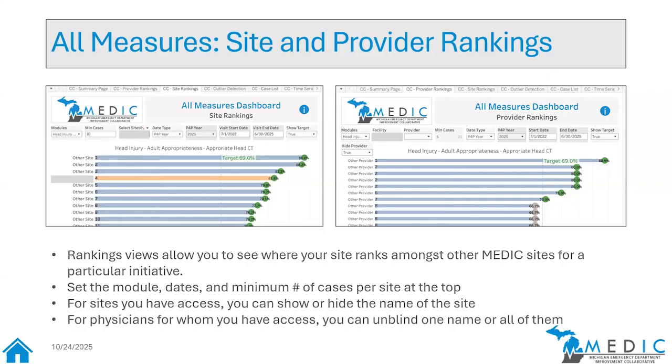You can unblind it if you want, or you can highlight specific providers, and so there's buttons there at the top. Play with them. If you have some specific questions about that, we'll talk about it in the next session too. And then if you ever want the specific number and not the percentage number of what's going on with a particular provider or site, hover over it. There'll be specific numbers popping up.